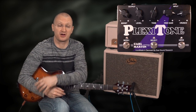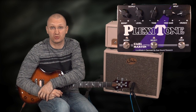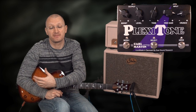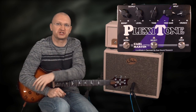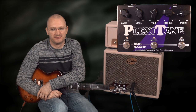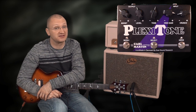And today, the Brown sound is a word, a description for a sound, but many people don't actually know what it is. When I hear Brown sound, what I imagine is something warm. Brown for me sounds warm and round and kind of like a Fender Bassman with a little bit of drive. That's what I associate with the word brown, but that's not what he meant. The Brown sound is that screaming 80s, push to the limit sound, and the PlexiTone can give you